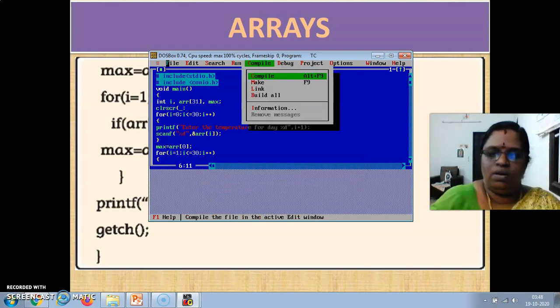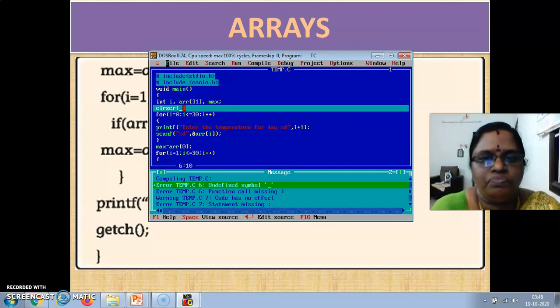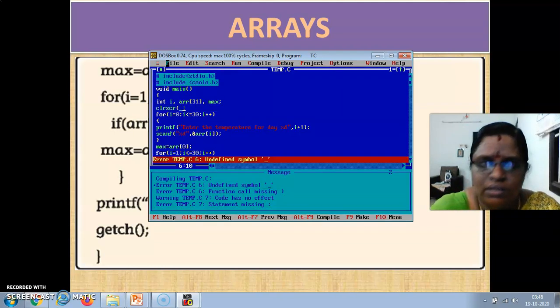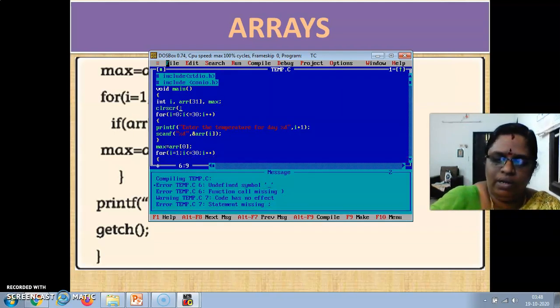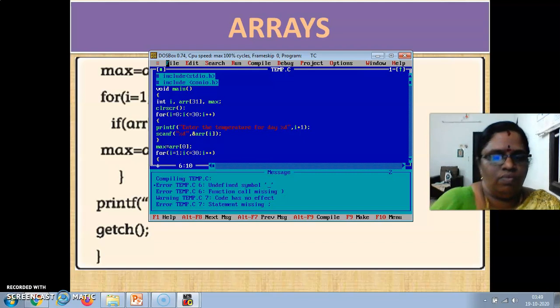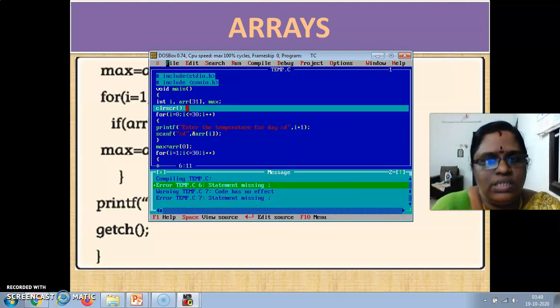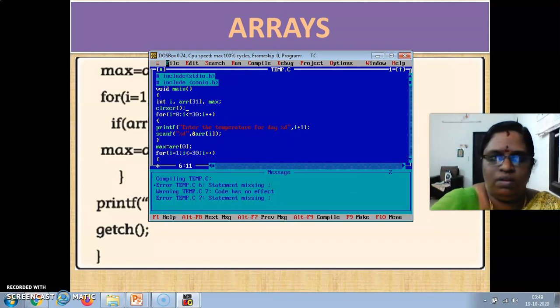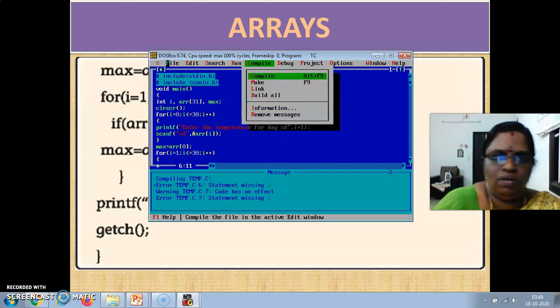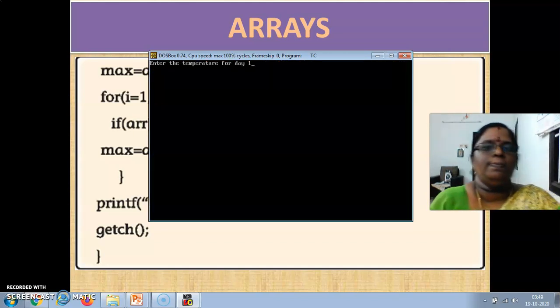Alt C, compile. Warning and 3 errors are there. What are the errors? The clear screen, we didn't have it correctly, right? Then Alt C again, 2 errors, statement missing. Now no error. We are going to run this program.